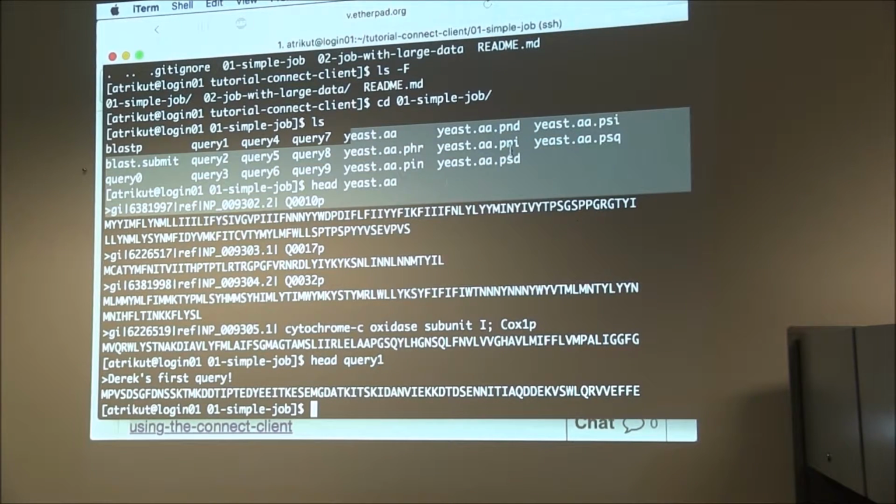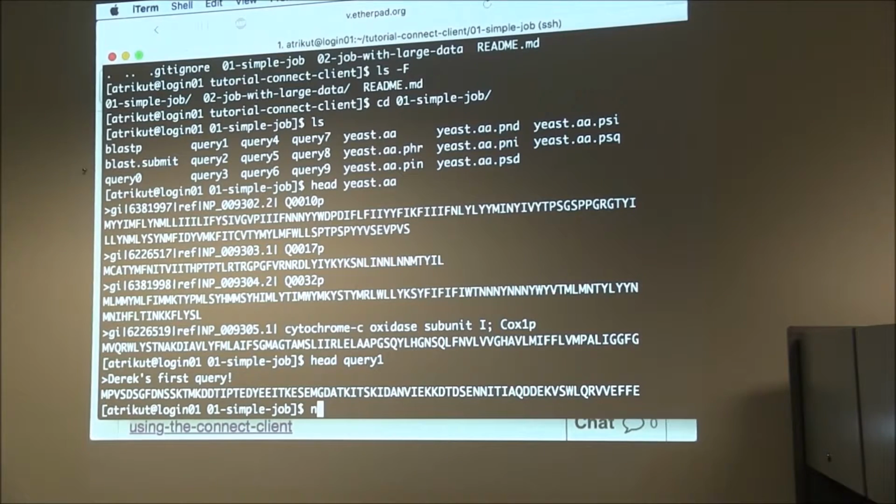And all of these are really the input data that we need. And I guess the queries really are arguments. But anyway, let's have a look at blast.submit and see how this job is actually run.